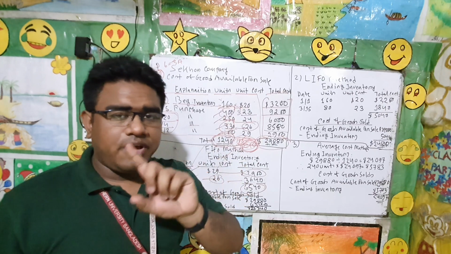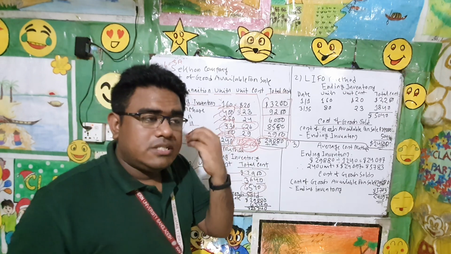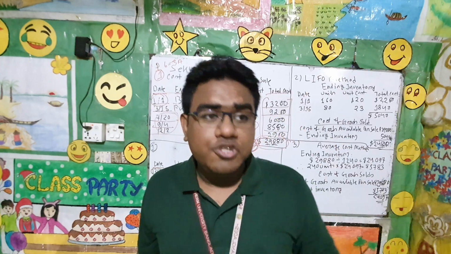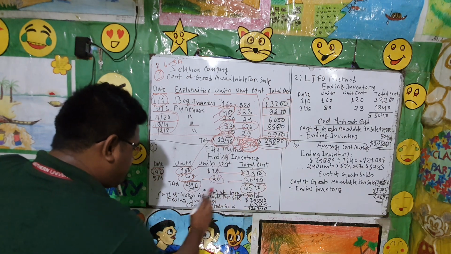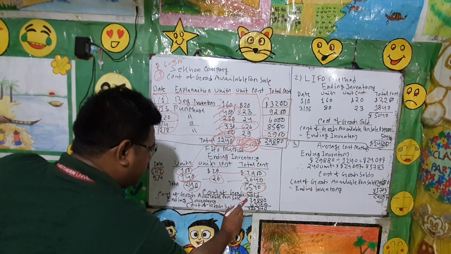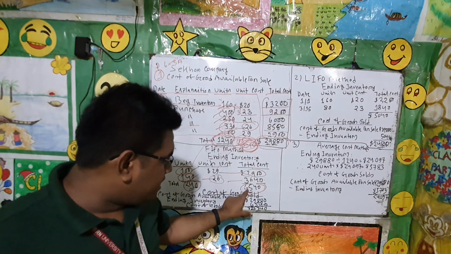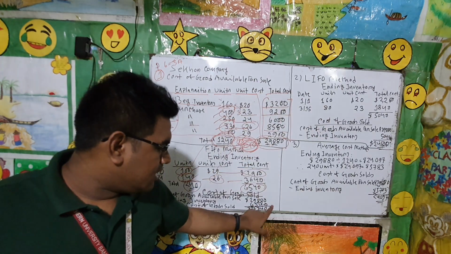The next one is we have to get the cost of goods sold. How much amount or how many units we have sold so far, and we need to calculate, the management wants to see the cost of those sold units. So how can we get this? Cost of goods sold using FIFO method: cost of goods available for sale minus ending inventory. If we deduct the ending inventory from the cost of goods available for sale, we will get the cost of